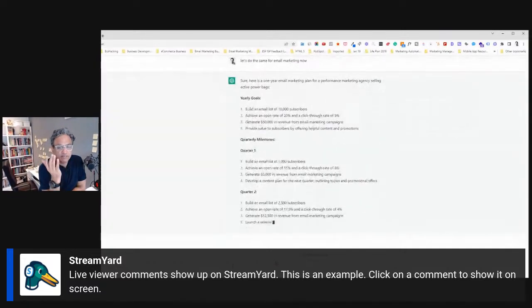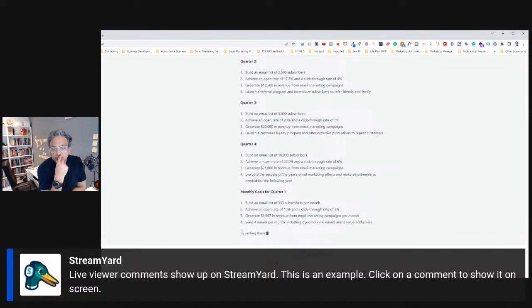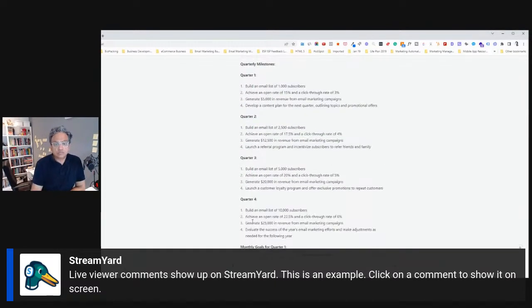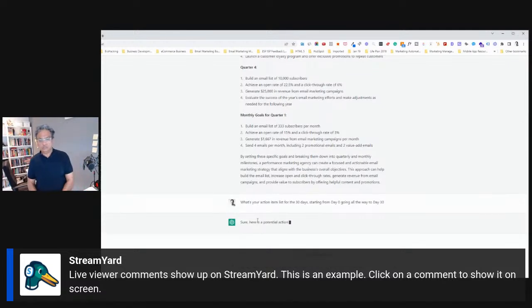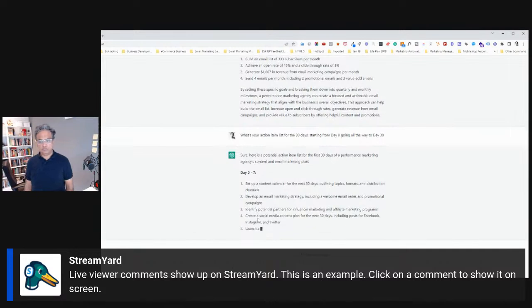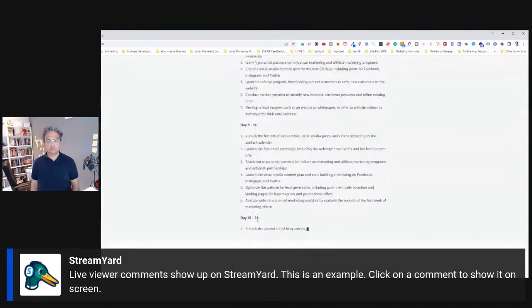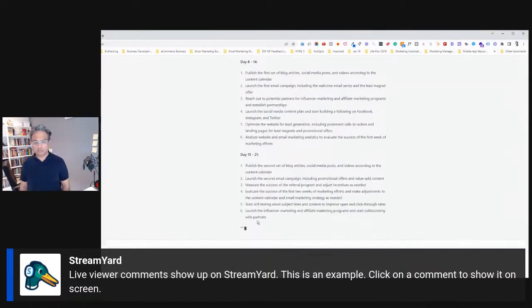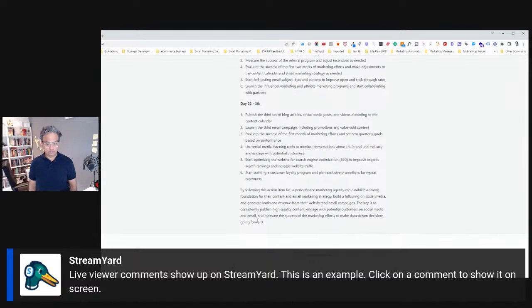But the idea here is that you will start to see some direction in terms of milestones and everything else. Well, we can go deeper into this if you need to, but at this point, I think we've got